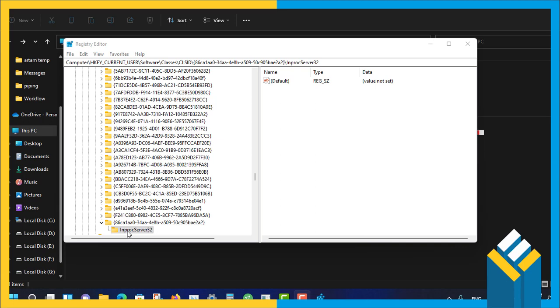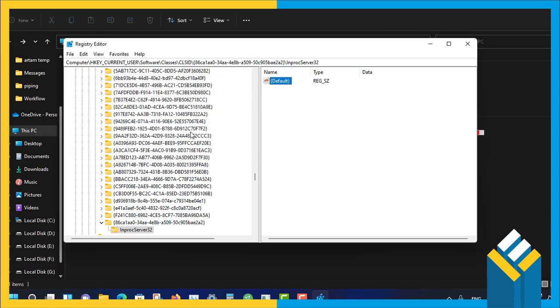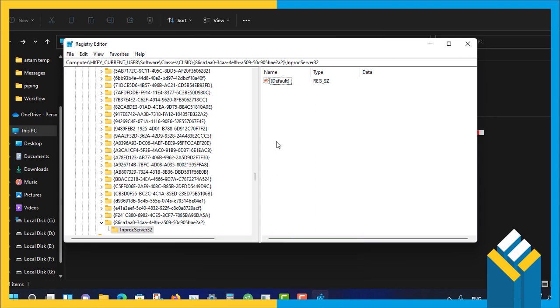As you see, the last subdirectory that we have already created has a default key. You double click on it and leave the value empty and click OK. That's all. You have done your mission. Now you need to close the registry editor and shut down or restart the PC. When it boots back and you right click on any file or folder, you will see the old Windows 10 right click menu